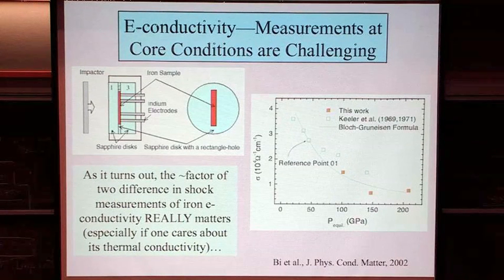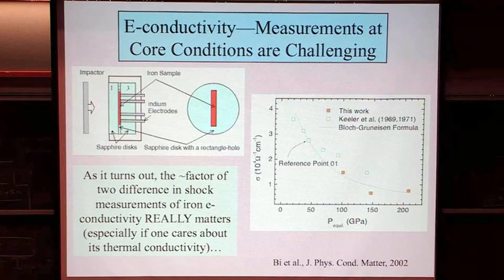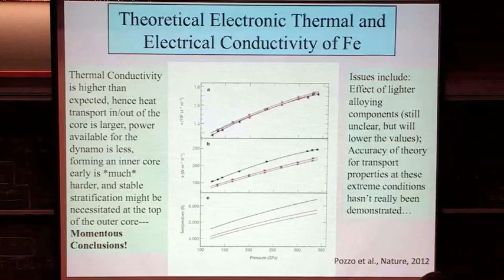Up here. And the disturbing thing about this data set, so basically you're looking at the electrical conductivity under shock loading, is that if you look at where these two data sets overlap, there's almost a factor of 2 difference. Maybe 60% here, almost a factor of 2 difference up here. This factor of 2 difference is a nightmare. It's a flipping nightmare. Because if one cares about the thermal conductivity of the core, and some people really, really do, that matters very greatly for propagating from electrical conductivity back into thermal conductivity.